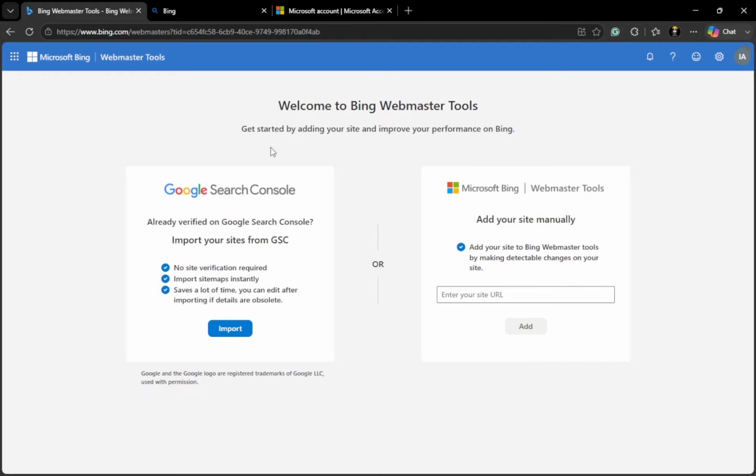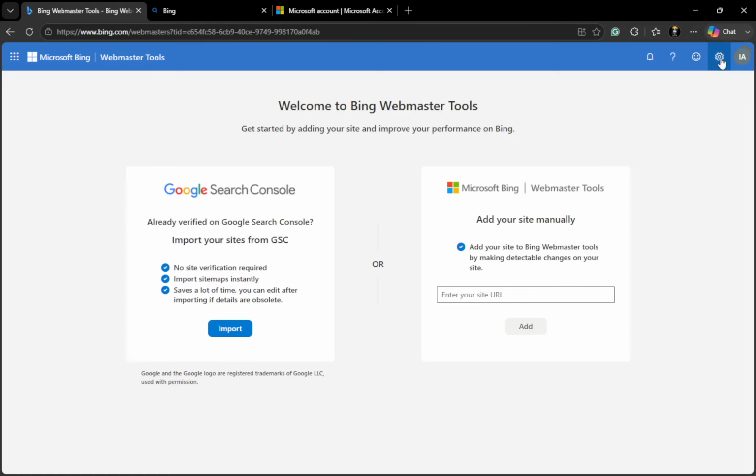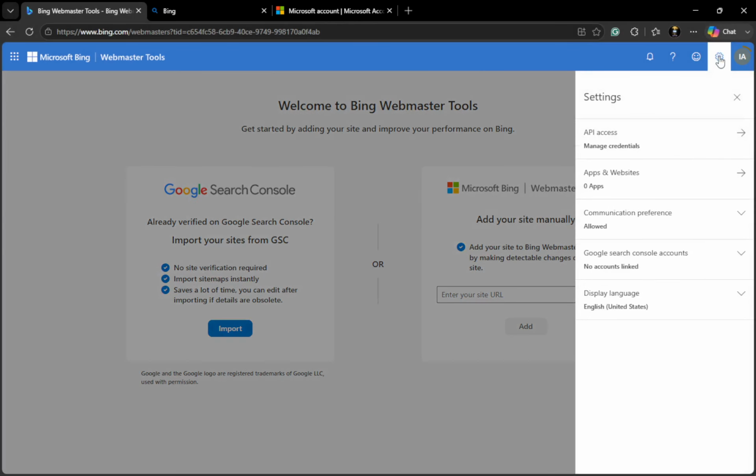Next, click the gear icon, which represents settings. This icon is typically located in the upper right corner of the page. Clicking it will open a menu with various options related to your account and website settings. Here, you will find the tools necessary to customize how you receive notifications. Accessing these settings is essential because it allows you to tailor the alerts to match your specific needs, ensuring you only receive relevant information. From there, open Communication Preferences.